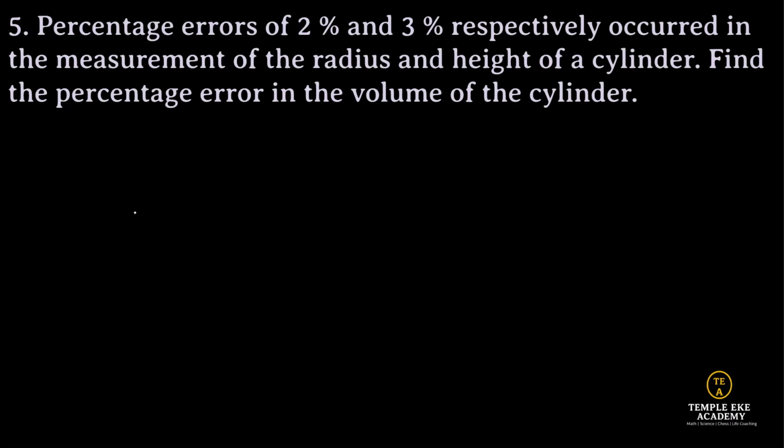Let us call upon the volume of the cylinder. So we have from the volume of the cylinder, V is equal to pi r squared h. So you see that the formula for these shapes, the mensuration, must be borne in mind, so we can easily call upon each of them. Percentage error of 2% in the radius, 3% in the height, as we have seen. But let's go. Our relationship says the percentage error